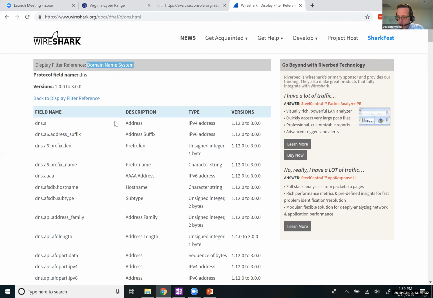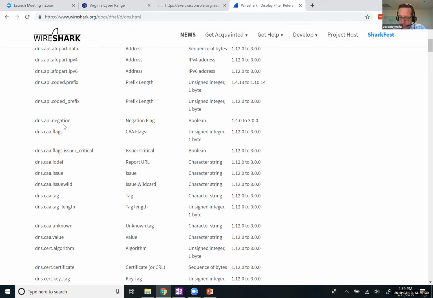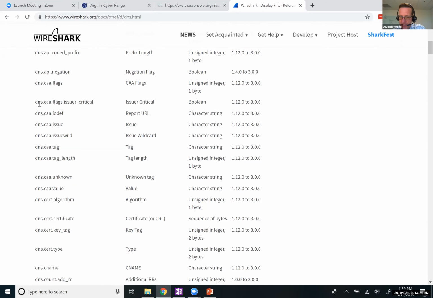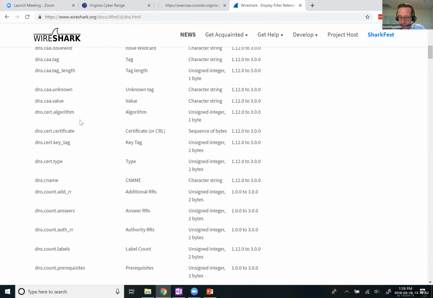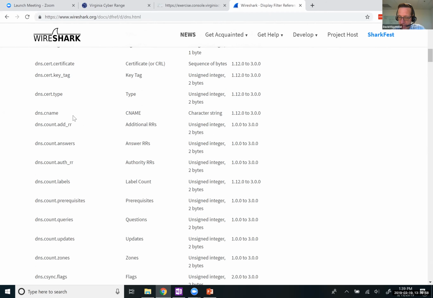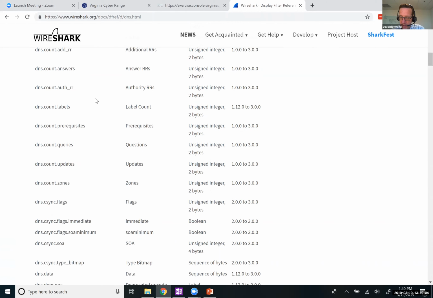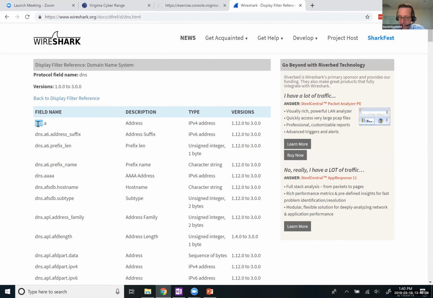And so these are all the different ways that I can filter on DNS stuff. So I can look for DNS CAA flags, for example. I'm not even sure what that is, but there's all kinds of stuff. I could look for specific cert types in DNS traffic. I could look for canonical names in DNS traffic. There's all kinds of stuff that I can filter on DNS, and none of that is particularly interesting to me except for this, DNS.A. And an A record is sort of a primary host name to IP address